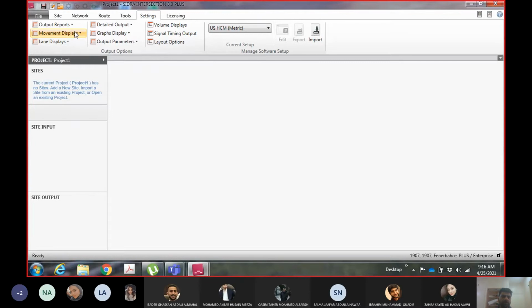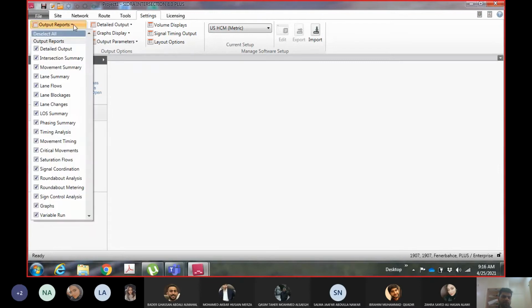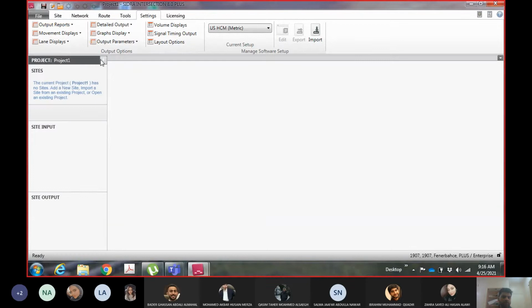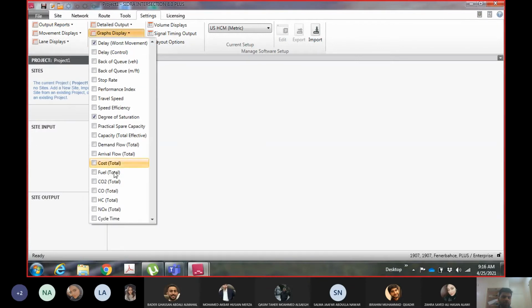If you want to change some settings for the output report and the input report, you can change it. You can also choose what graphical displays you want. If you want to compare graphs between different directions and so on, you can check it from here and it will show you. Obviously you have to run the analysis first; I'm just telling you the settings.